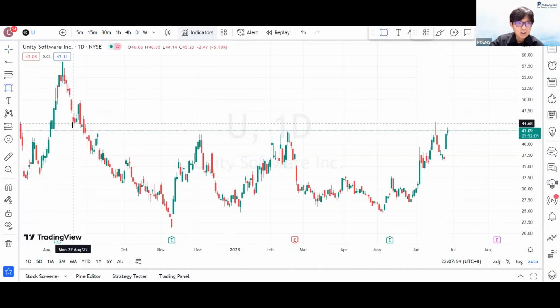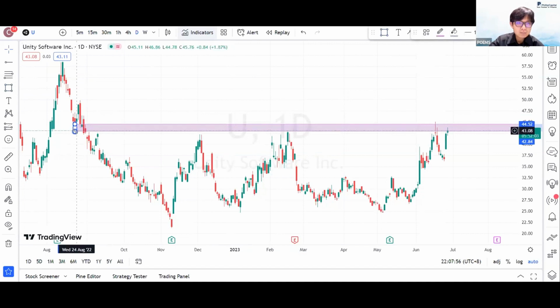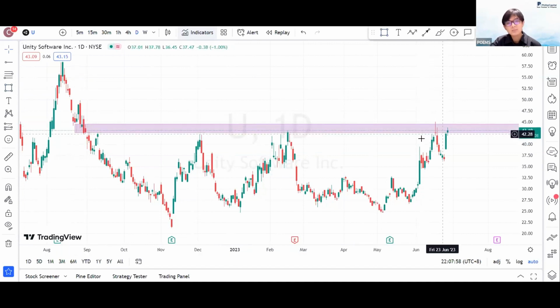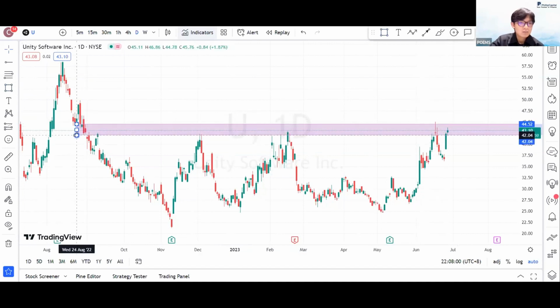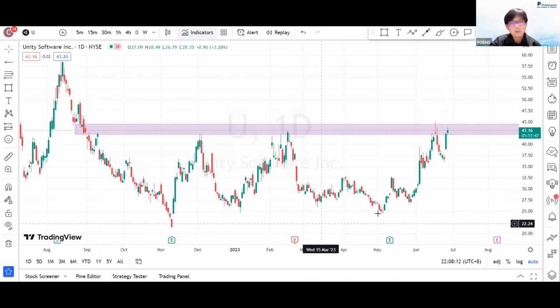So long story short, I go back to Unity first. Same thing: currently price is sitting at a delicate level. We are sitting on a supply level. This candle over here, price got rejected subsequent times, quite a few times. You created a lower low, price continued to get rejected, and price is now trading back into it.